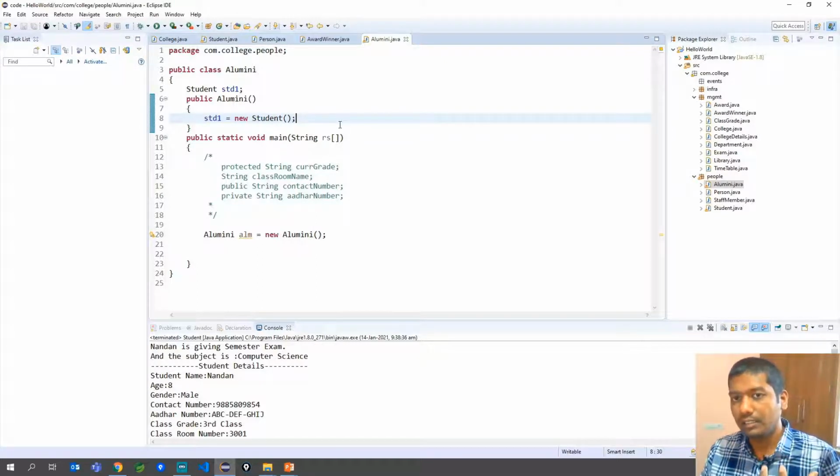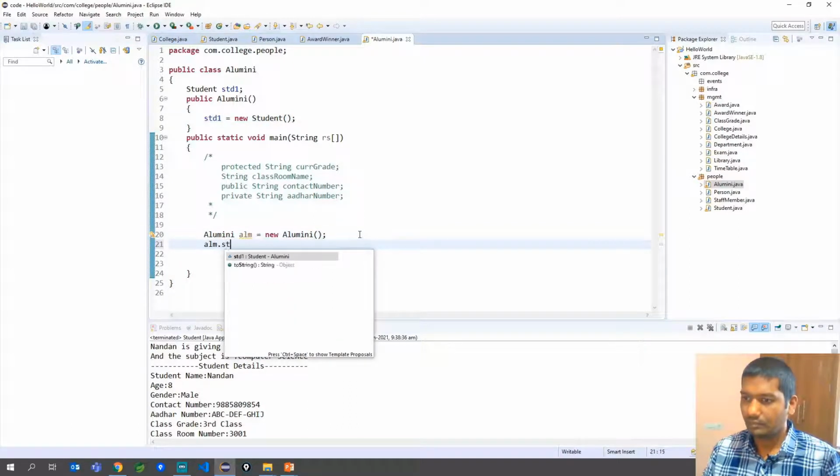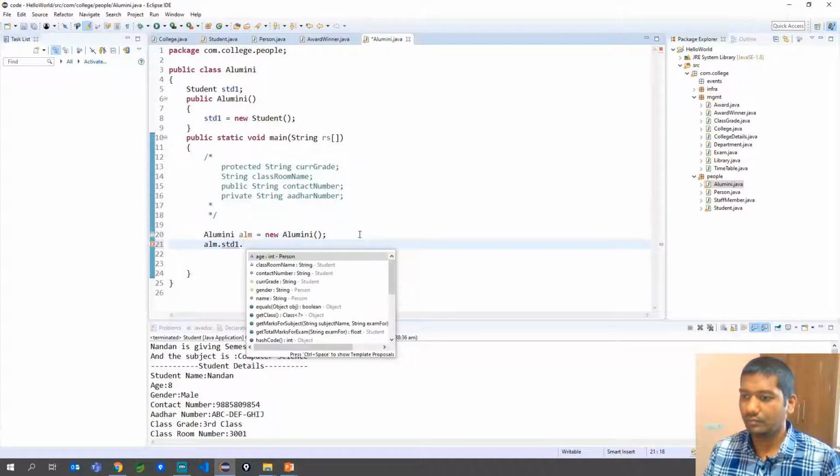Now that the object has been created for student also, let's see if we can access the data members of student in the alumni. If you see here, I can access classroom name, which is default, contact number, which is public, and current grade, which is protected, but I cannot see Aadhaar number anywhere.